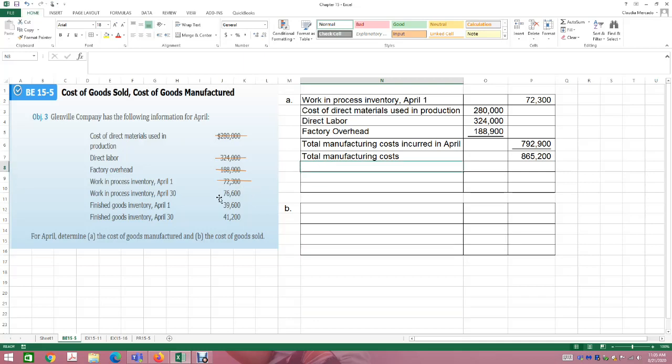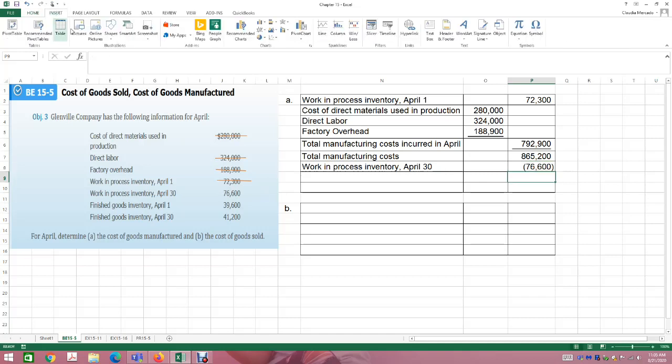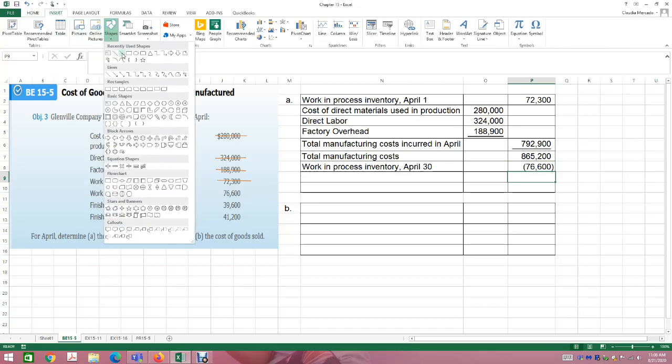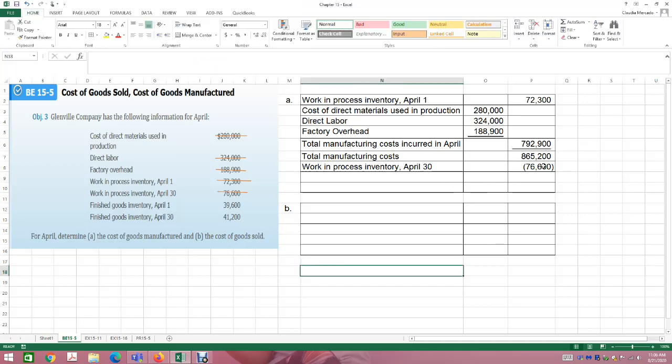So what I'm going to do is get that ending work in process inventory as of the end of the month, and I'm going to deduct it because those goods have not been completed. Whenever we deduct, we put it in parentheses. I've used that number, so I'm going to mark it off. This number represents the goods that are still in process. They are not finished. We cannot sell them because they're still being worked on.